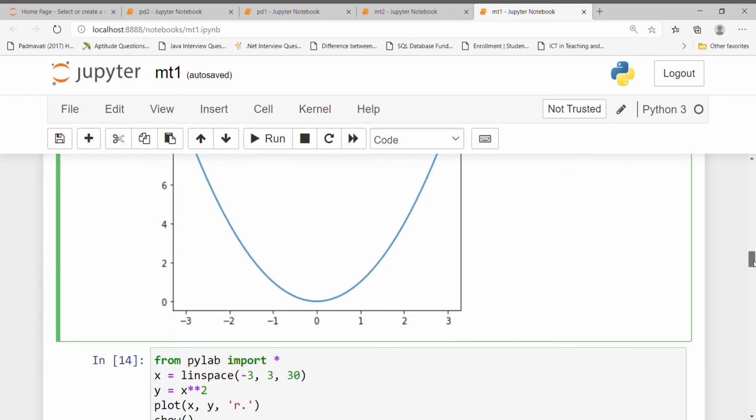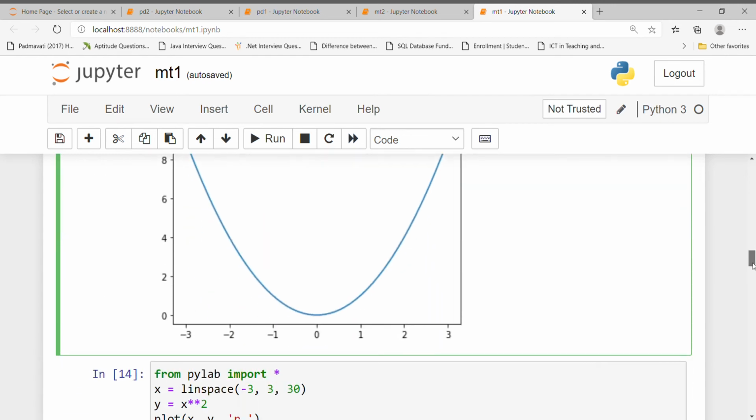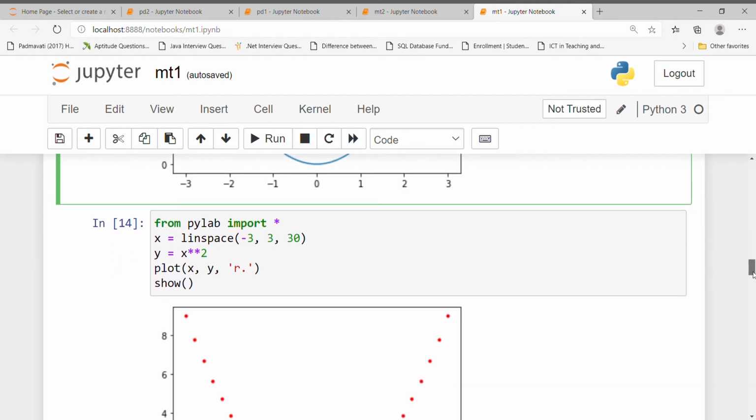Okay. So here we have taken only x comma y. But the actual plot function contains three parameters. One is the x value, another is the y value, and one more parameter states what style you like or what color you want to give to your plot.